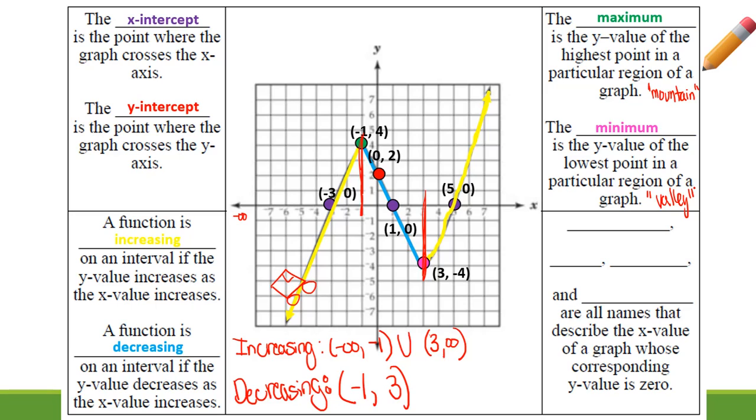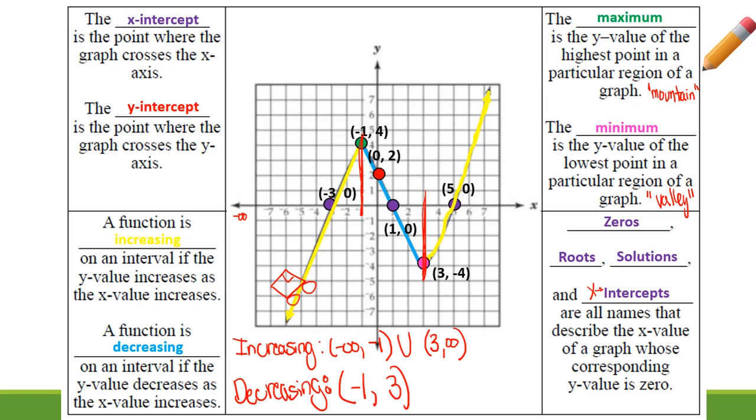Now, there's other words you might hear thrown out about the x value whose graph corresponds to a y value of 0, aka your x-intercepts. These are your zeros, your roots, your solutions, and intercepts. All of these are the same word for your x-intercepts, okay? So keep that in mind. As you're finding these, let's say you're taking the ACT, they would say, what are the zeros of this graph? All they're saying is what are the x-intercepts. So be very careful, just knowing the different lingo that someone might use will definitely assist you as